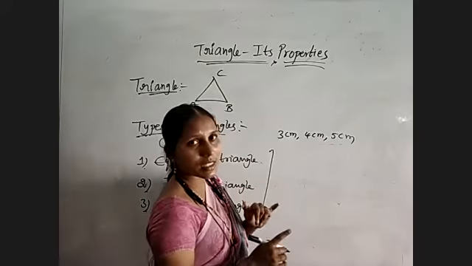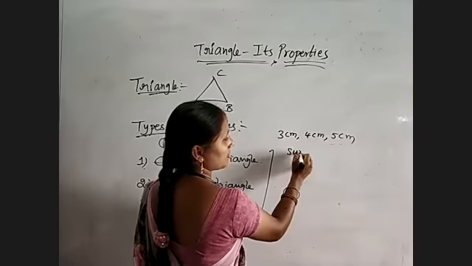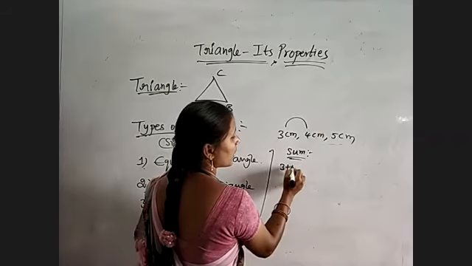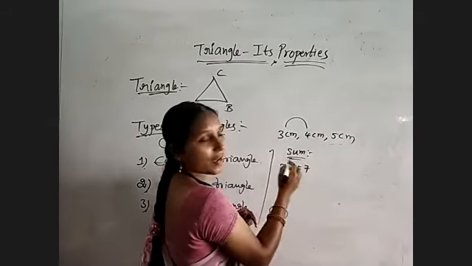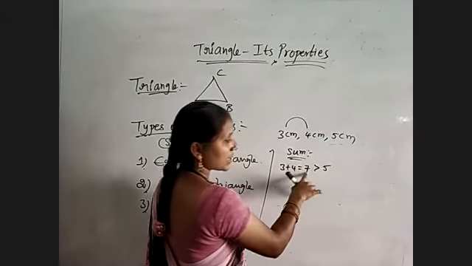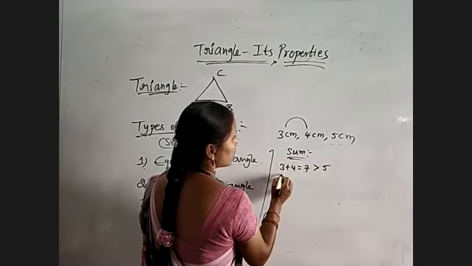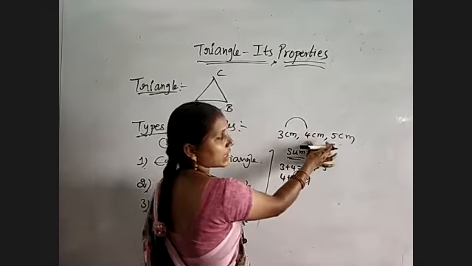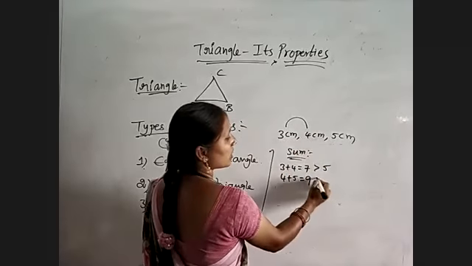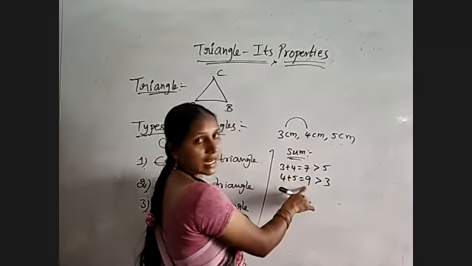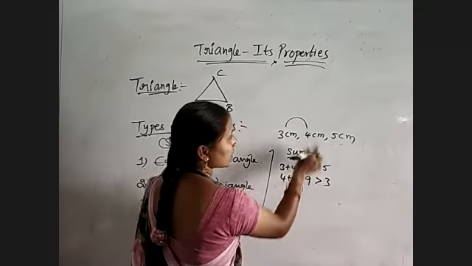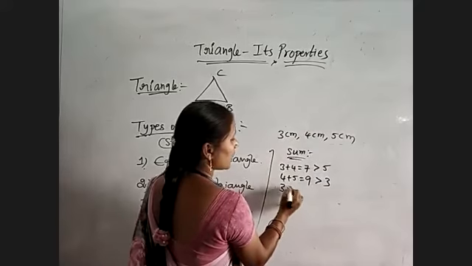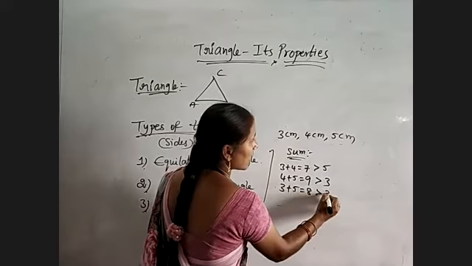So we will check the first condition, sum first. Observe the first two sides: 3 plus 4 equal to 7. And the third side is 5. So the sum is greater than 5. And for the remaining, take 4 and 5 now. 4 plus 5 equal to 9. So when I am taking these two sides, my third side is equal to 3. And the sum is 9. 9 is greater than 3. And the next two sides: 3, 4 I have taken, 4, 5 I have taken. Now 3 and 5. 3 plus 5 equal to 8. 8 is greater than 4.